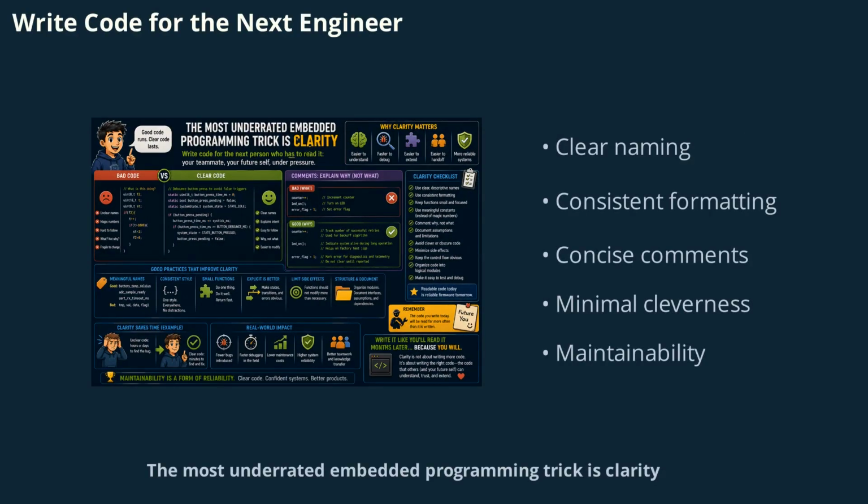Most underrated embedded programming trick is clarity. Write code assuming it will be read months later under pressure. Use clear naming, consistent formatting, concise comments explaining why, not what, and minimal cleverness. Maintainability is a form of reliability in embedded systems. By prioritizing clarity, you make your code easier to debug, extend, and hand off to others, whether that's a teammate